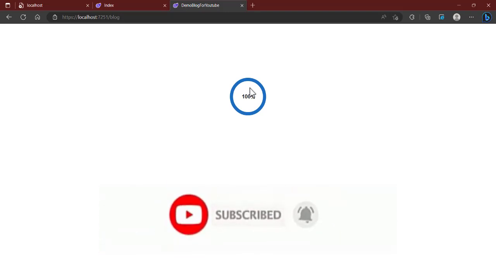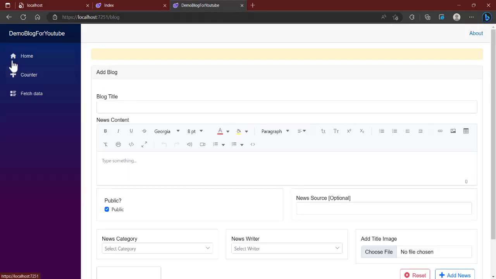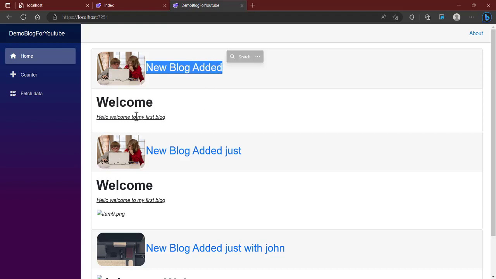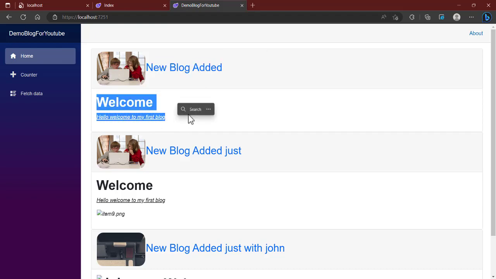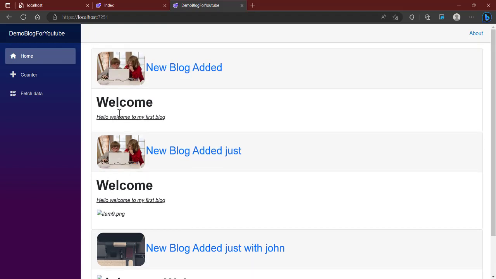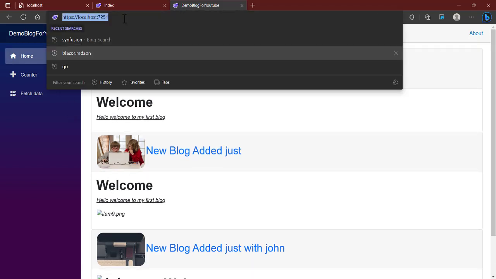Okay, so let's go quick. Now you have to navigate, not to this blog, rather you have to navigate to the home. This. Okay, so we have the blog displayed here. We have the image over here. We have the blog title, and that is the blog message. As you can see, we have the blog message here. The same thing applies to this. We have the image, and as you can see from here, there's an image, but we are not having that displayed. Okay, let's see. Let's go to blog,